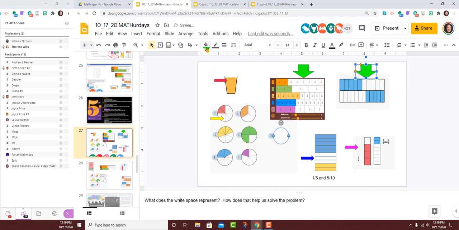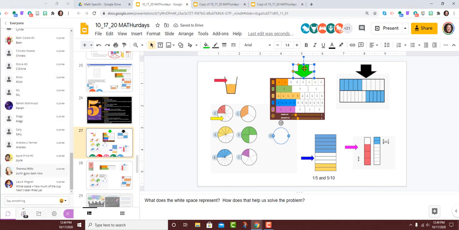So I'm going to ask everyone to have a voice in the chat box. The green model is more like either the red, yellow, blue, or pink, and why? Or you could respond about the black. The black model is more like the red, yellow, blue, or pink, and why? Go ahead and make a connection in the chat box.